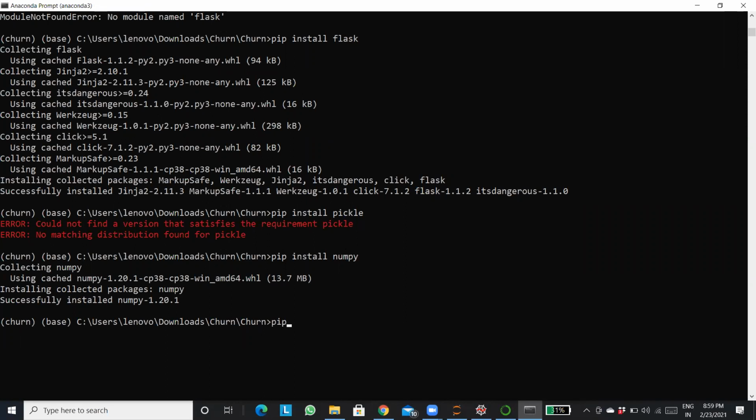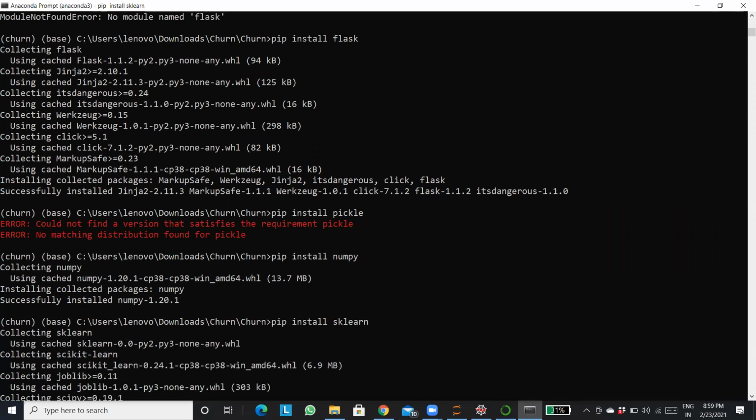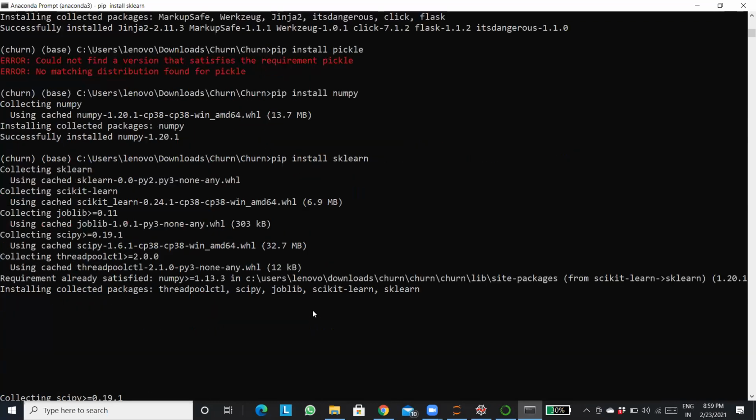We'll have to install sklearn as well because in the backend it's going to require pip install sklearn. So sklearn is getting installed. Yeah, all modules need to be installed once.